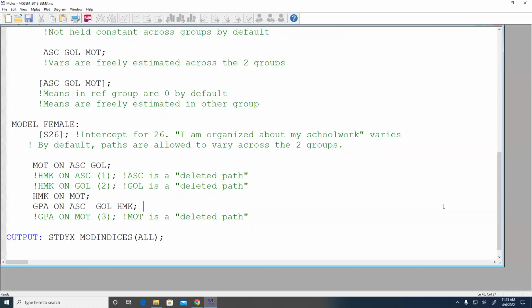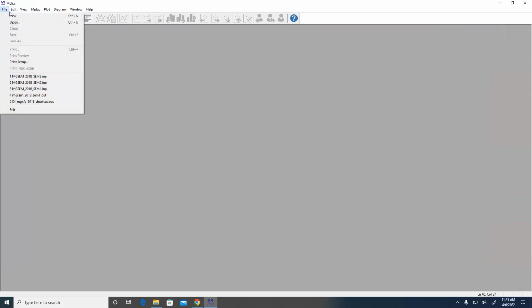Okay. So we can think of model 3 now as becoming the baseline model, which we're going to compare against a model where we constrain all of those structural paths to be equal across the two groups, our conceptual structural paths, because we were able to delete all of our conceptually deleted paths. So they're gone, right? So now in our next model, model 4,